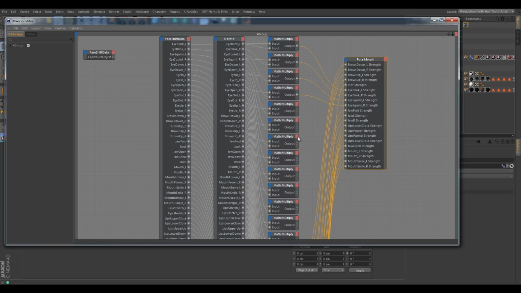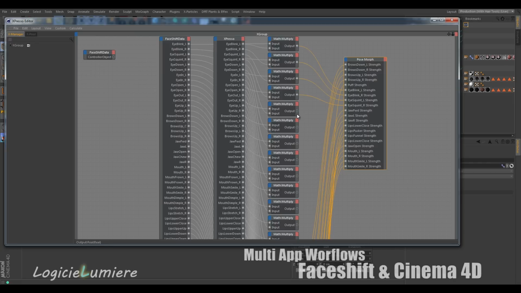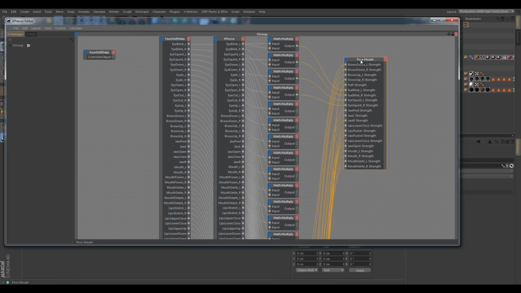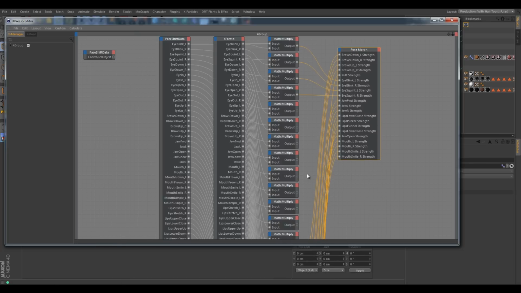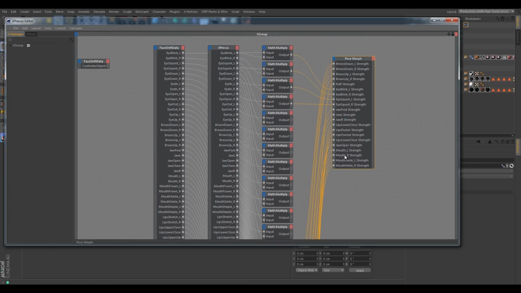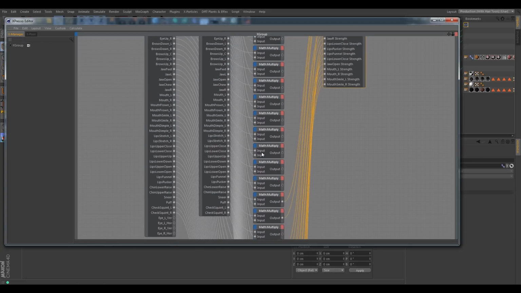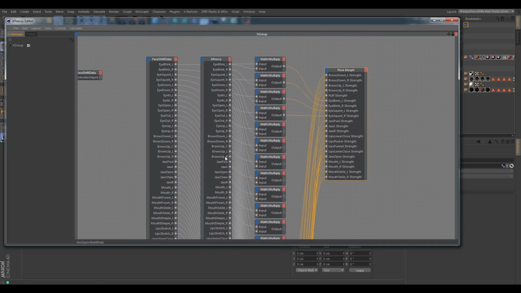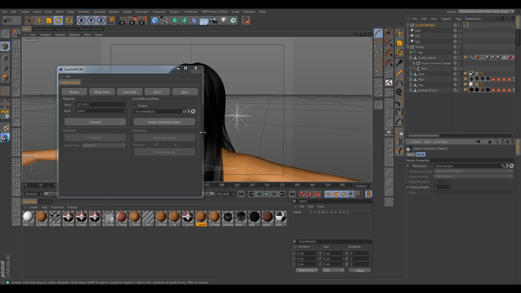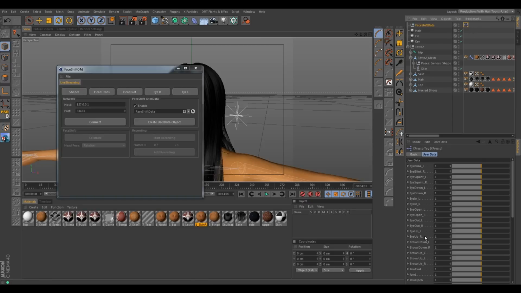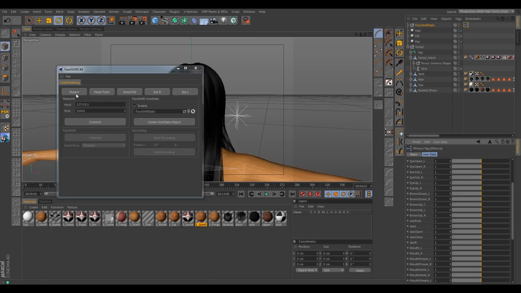These are morphs that I couldn't find a corresponding DAZ morph to work with. So, as I said before, we don't really need all the morphs. These ones here will do. We'll be able to see some pretty decent facial animation, but if you want nuanced animation, then what you're going to want to do is go in and actually sculpt some of your own morphs and use those in your pose morph tag as well. Just make sure that they are named corresponding to FaceShift's naming convention so that they're automatically found by this Shapes button.